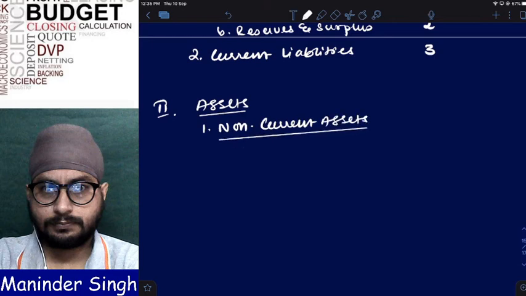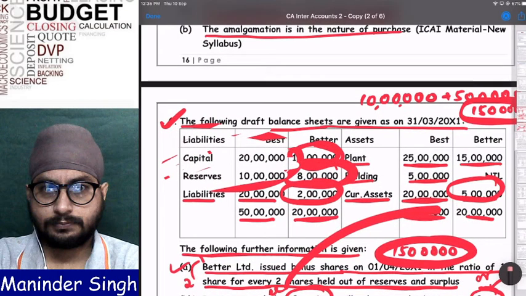One question I'll ask you. Tell me, are all the assets and liabilities taken at the same value or different value? See here, did Best Limited take assets and liabilities at different value or same value? Same value, right? Next, all the purchase consideration is given by way of equity shares only, or preference shares only. Now tell, is it amalgamation in the nature of merger or purchase? Merger. Now my question, if it is in the nature of merger, should I take reserves of the other company or not?